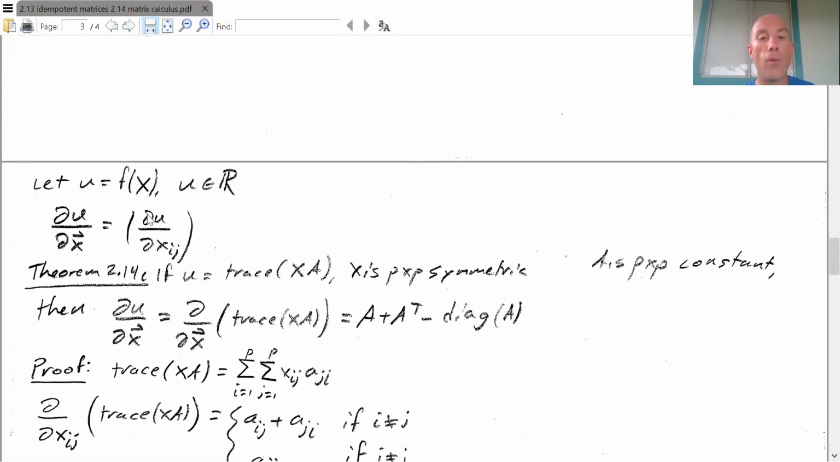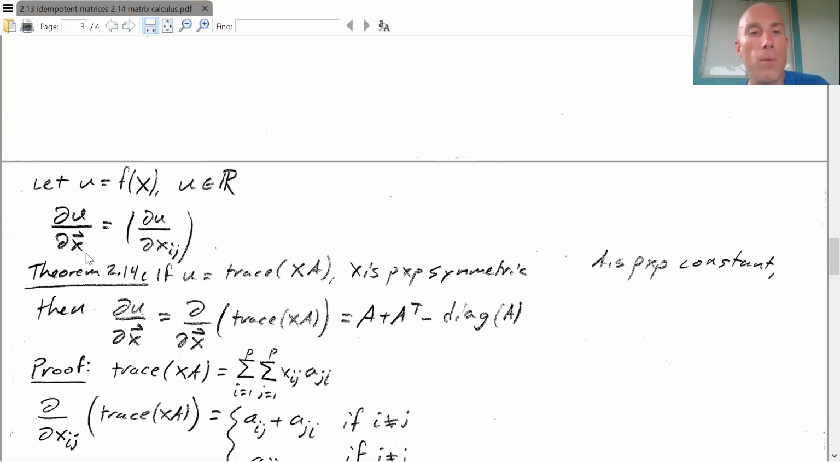Now for this next part, we want to kick this up a notch. We've been talking about vectors that have random variables in them. Now what we're interested in is the situation where we have a matrix with variable entries. Let's say that f of X, where X is a matrix, is equal to u, and u is a real number. We're keeping it real. The partial derivative of u with respect to X, that should be matrix X,